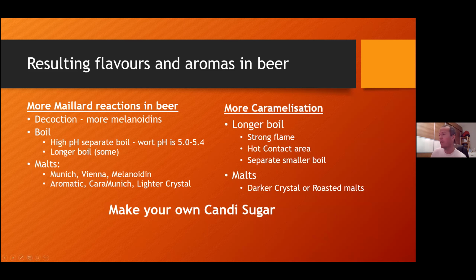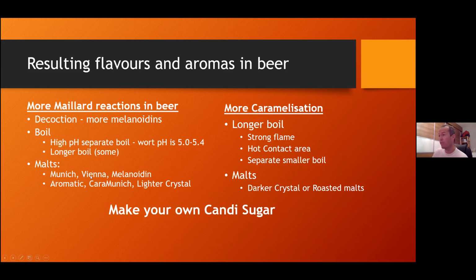You can boil, but the thing about this is that wort is usually at quite a low pH. So you will get Maillard reactions, but only certain ones. The Strecker degradation just doesn't happen. You'll get only a small subset of Maillard reactions, so you won't get the complexity that you get from decoction or using melanoidin malt. Also, it's at 100 degrees, so it's not really happening that fast.